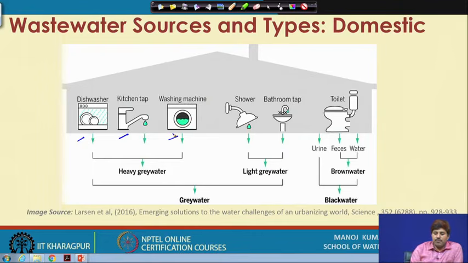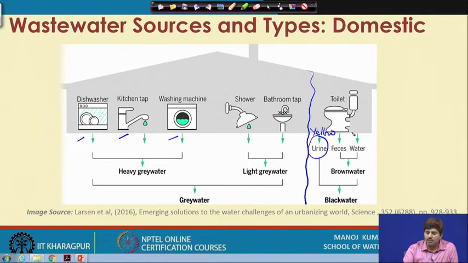See, the first thing is that the domestic wastewater apart from the toilets is considered grey water from whichever source it is coming. The water coming from the toilets is considered black water, and as we were discussing, the urine part may be considered yellow water,